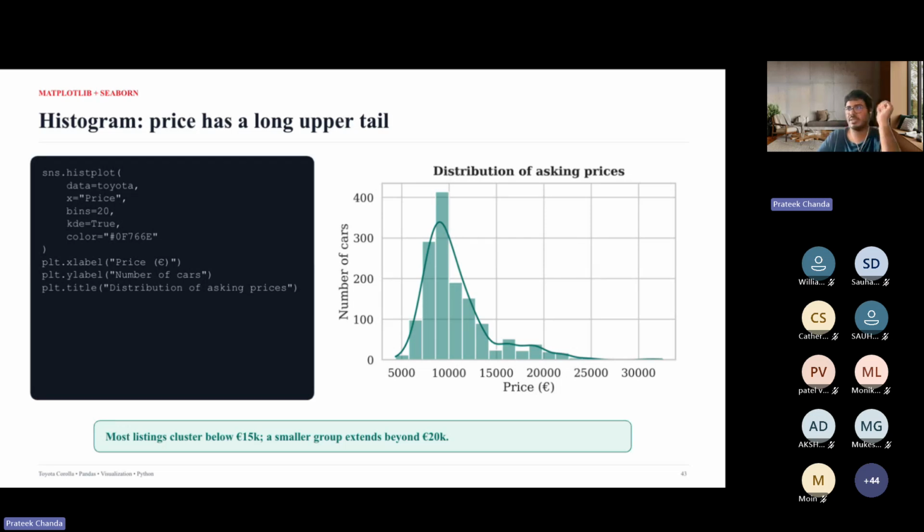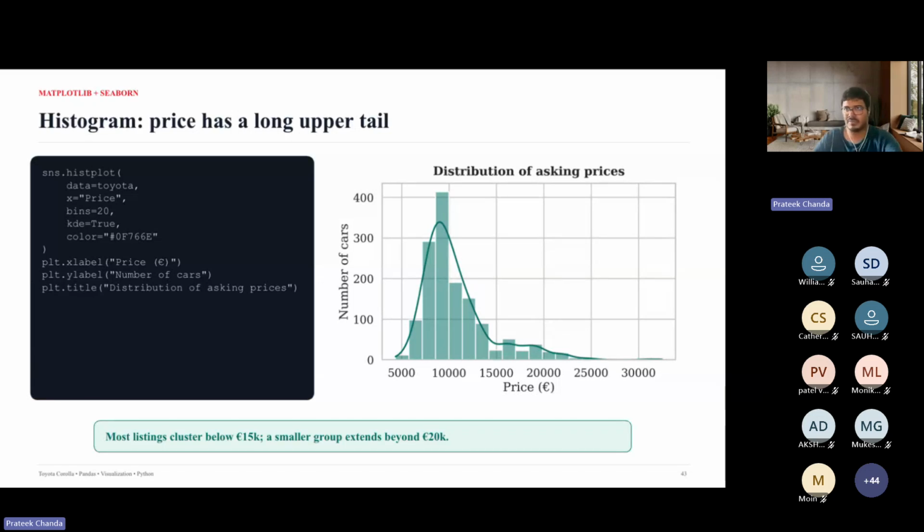The second is varying the price factor on the x-axis. If I want to plot it as a histogram, let's say, it gives me the number of cars corresponding to the price. So I can do sns.histplot. Hist plot gives me a histogram where the x-axis is the price and the y-axis is the number of cars. The y-axis I don't need to specify actually, because I am getting a frequency. Whatever column I'm passing is the frequency that I'm getting. I can specify the number of bins, so it gives me 20 bins and colors and all those things.